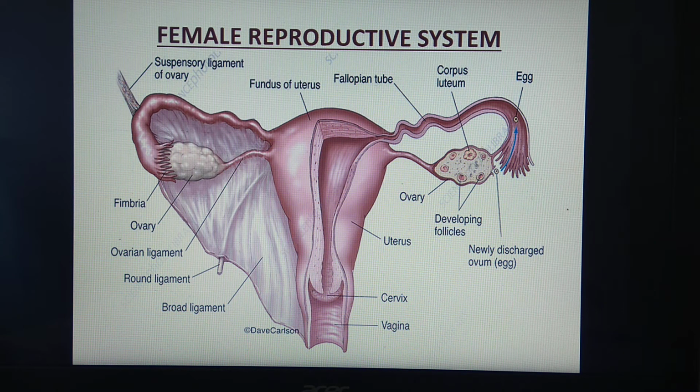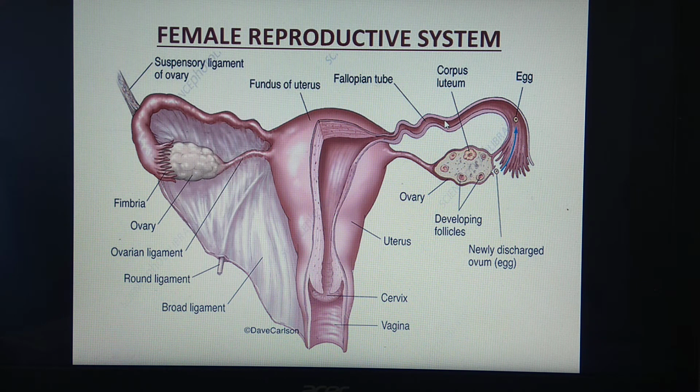Once again we will see, infundibulum is funnel-like structure with an opening ostium, and this is the finger-like projections called as fimbriae. Remember that at least one of the fimbriae is long and is found attached to the ovary, and interior of this fallopian tube is lined by ciliated epithelium. So once the ovum enters the fallopian tube, because of action of cilia, it can move towards the isthmus, towards the uterus.